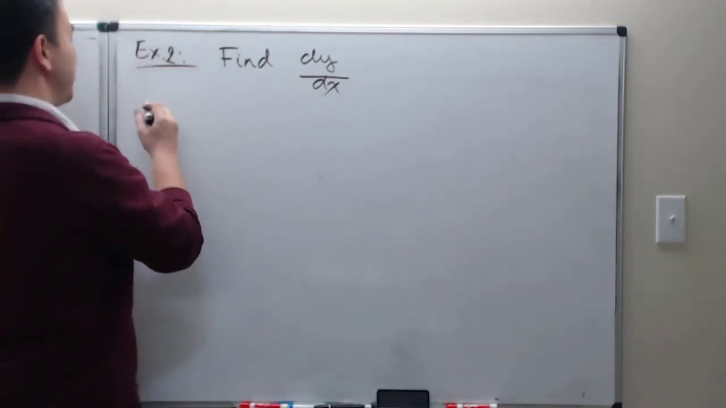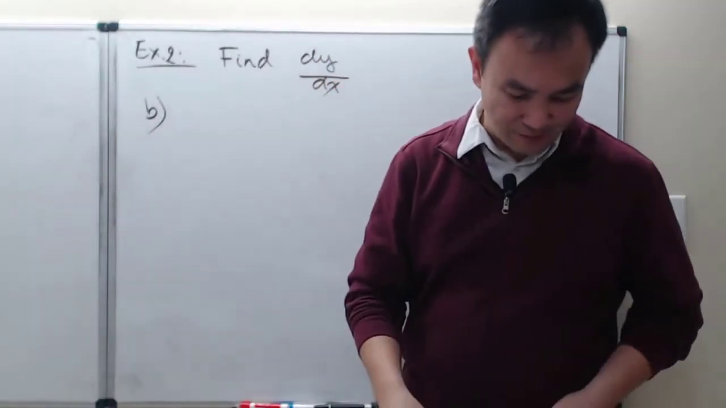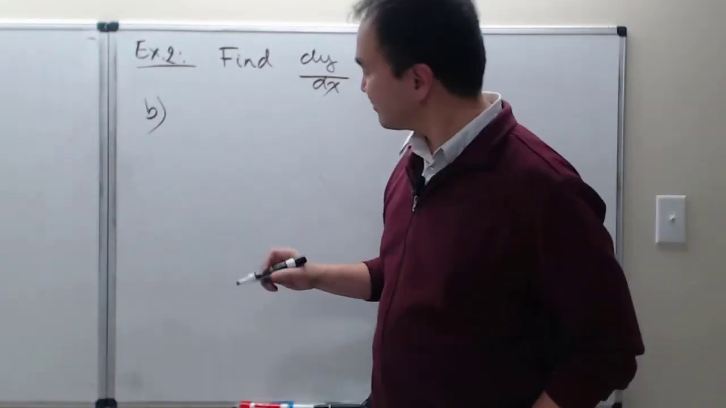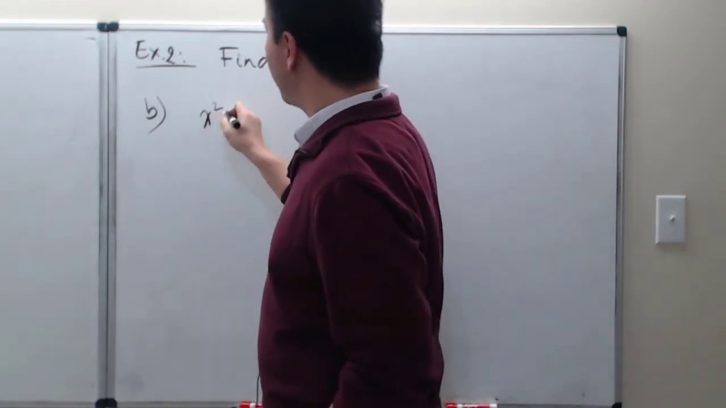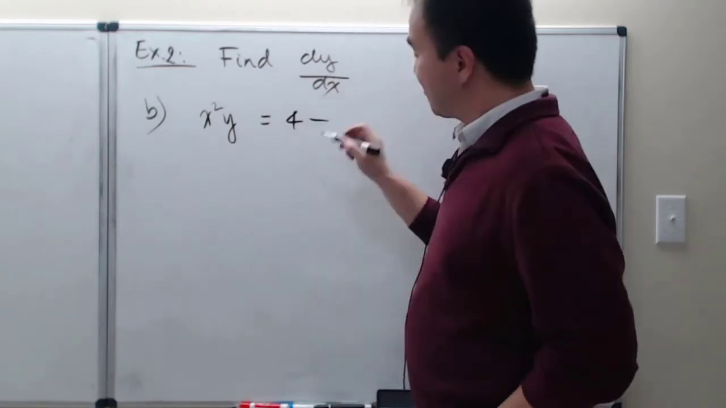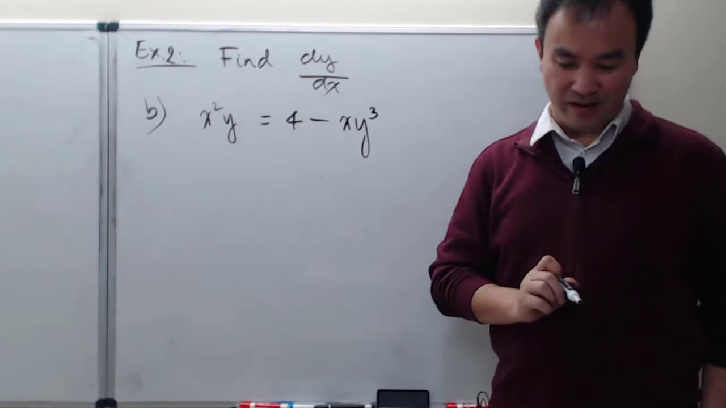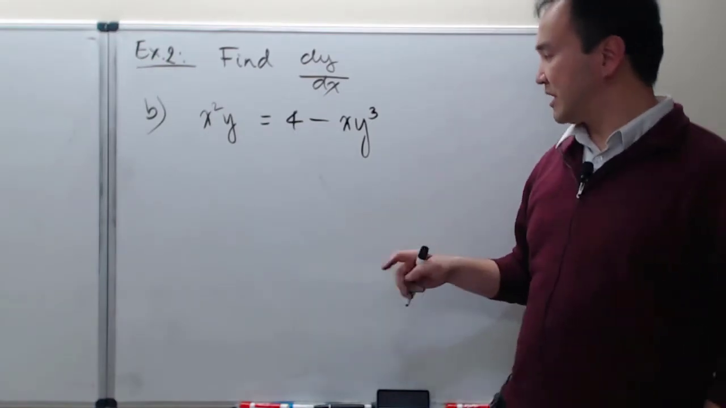All right, so part B of the example. So what about, we're looking at x squared y equals 4 minus x y cubed. Okay, and so with something like this,